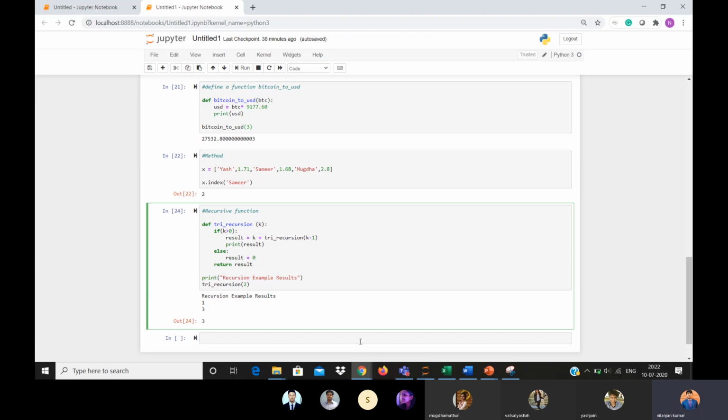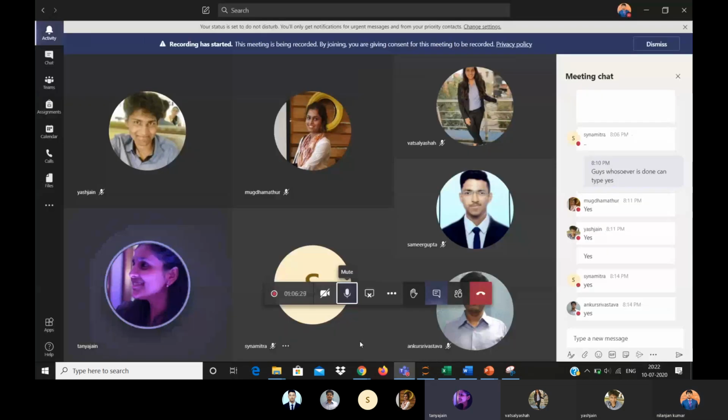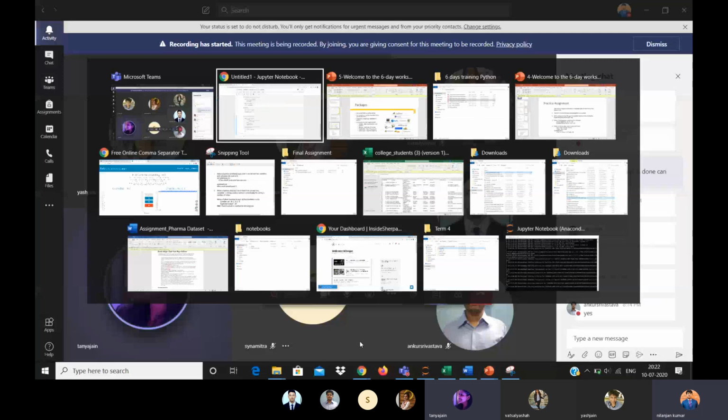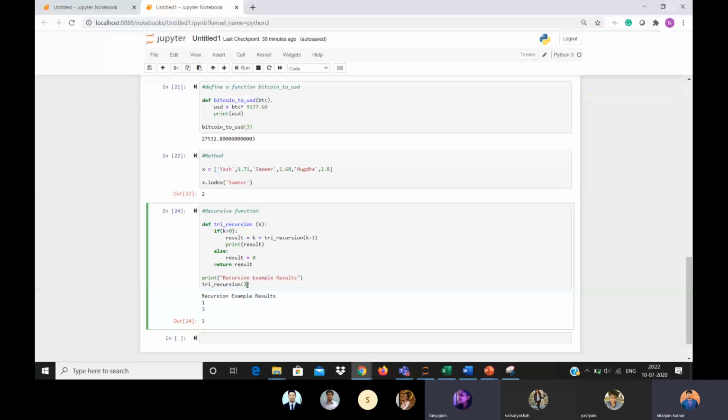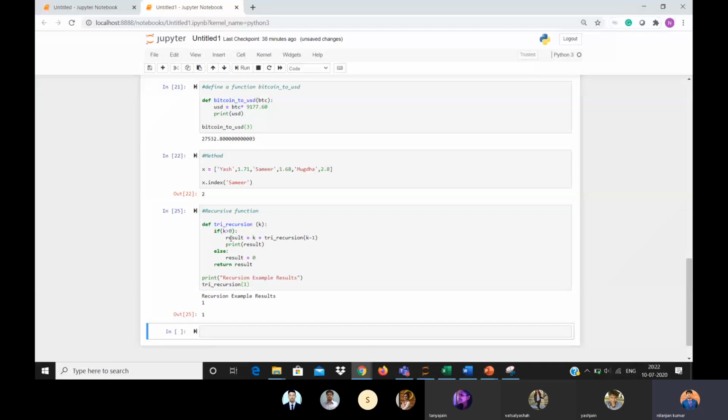You understood it? Can you repeat again? Yes. See, when I'm giving try recursion value as 1, what is it giving? It is giving 1. Why? While calling, the value of k is 1. 1 is greater than 0, yes. So what will be the result?